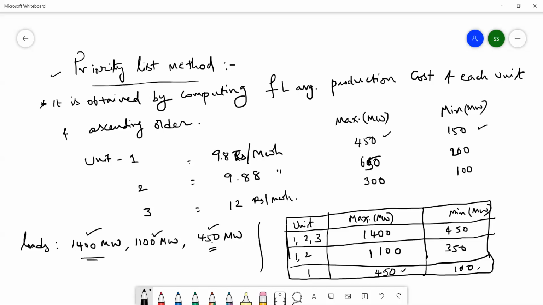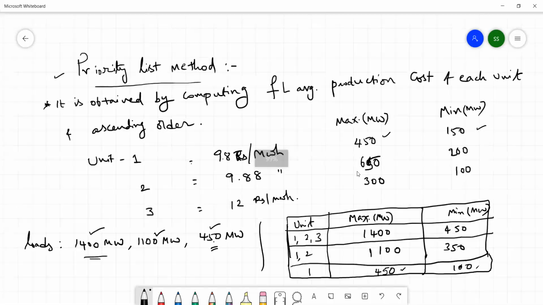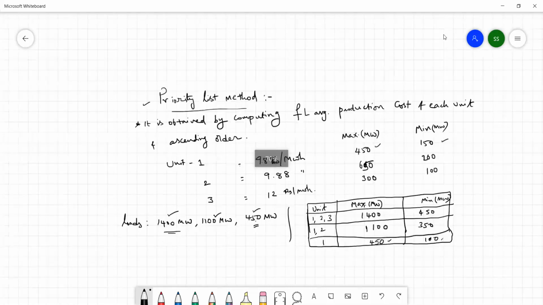Clear, all of you, how we are giving the priority list method for the solution of unit commitment? Is there any difficulty here? We just need to understand the situation and according to that note down the maximum and minimum megawatts whatever we require, and operate them as per the requirement of the load. Okay, so for this all of you note down, there are 3 points in order to understand this priority list method.